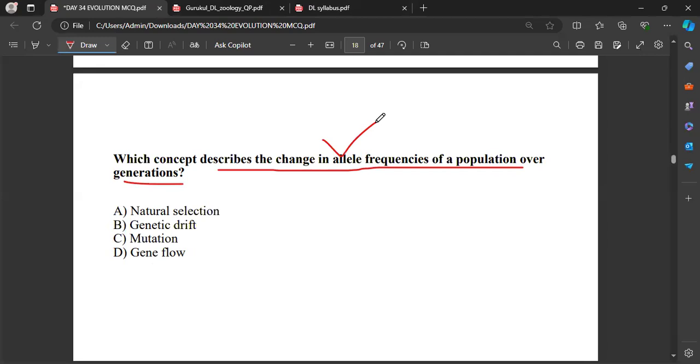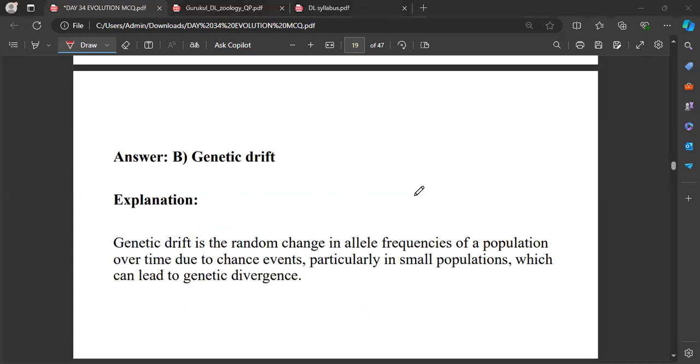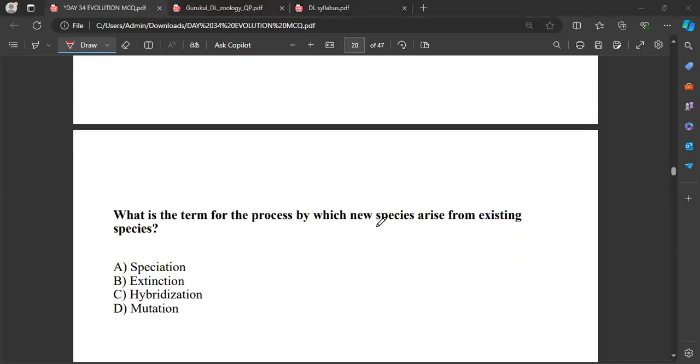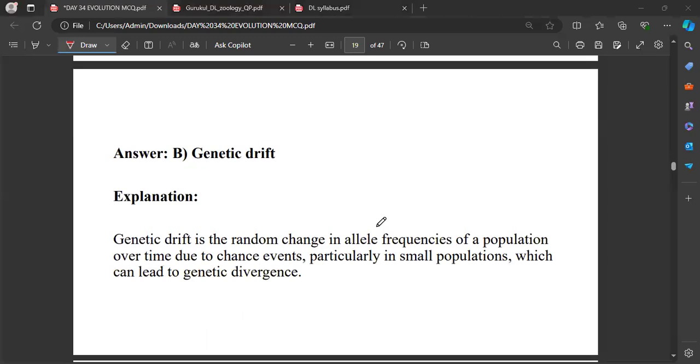It has been explained very clearly in yesterday's class. Also, I have given very good notes. That will obviously be genetic drift. Very good. Okay. And when it comes to genetic drift, you should know certain keywords. It is the random change in the allelic frequencies of the population over time due to chance